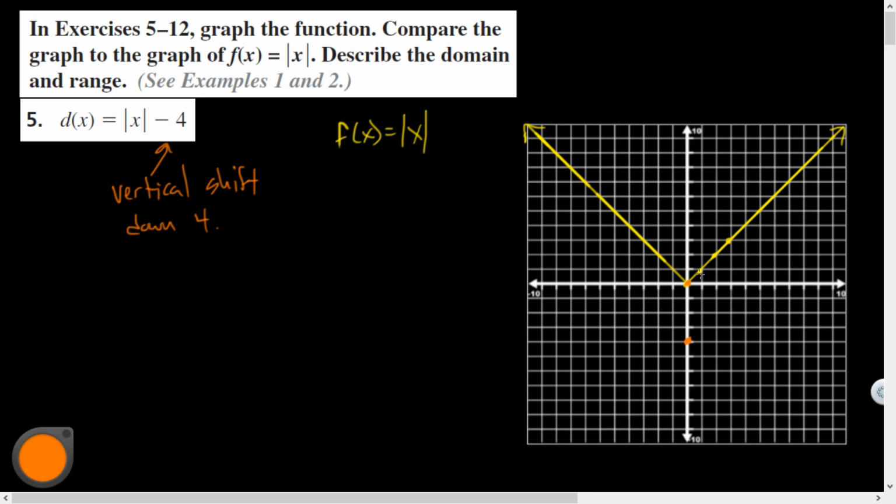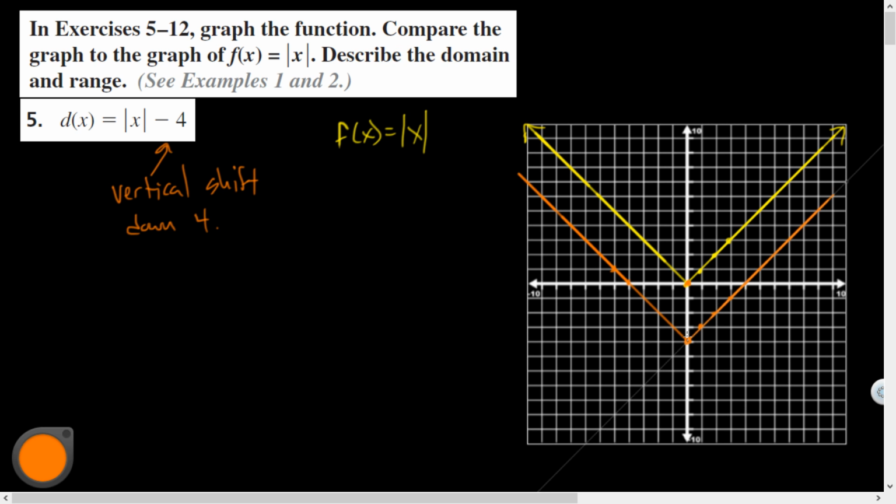And it isn't just going to be the vertex, it's going to be every other point. So this point is now 4 down, and this point is 4 down, and this point is 4 down. As well as this point, it's 4 down. All of those are now 4 down, and it just shifts the entire thing like so. If you wanted, you could make a table of values,